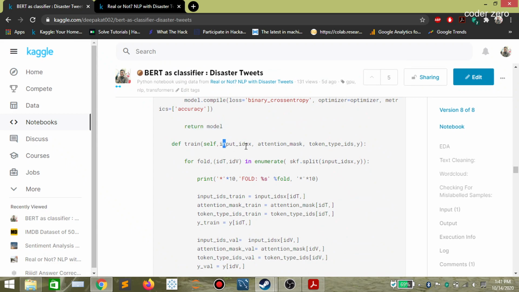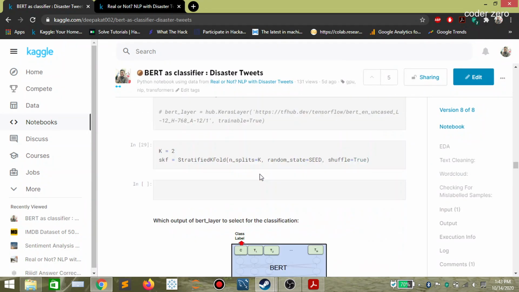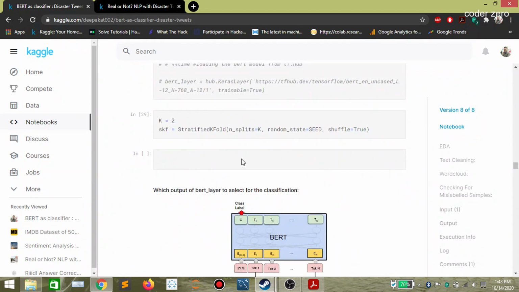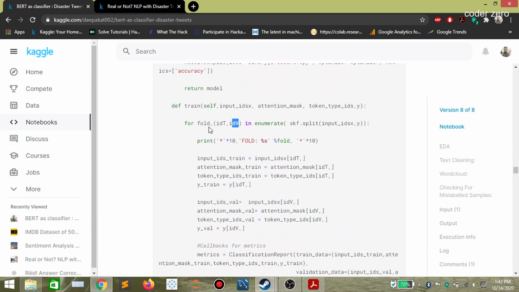So this is the input IDs, this is the attention mask, and this is the token type IDs. During training we are using the stratified k-fold that we have created here to do the splitting. After splitting we are getting the fold, that is the split number. Then this is the ID of training data, and this is the ID of validation data.